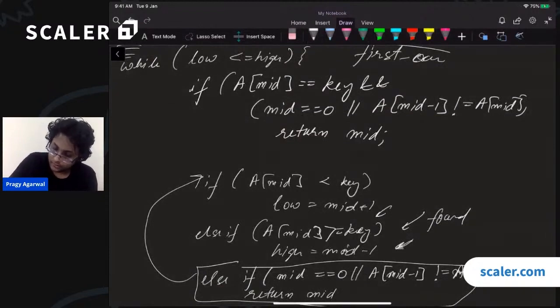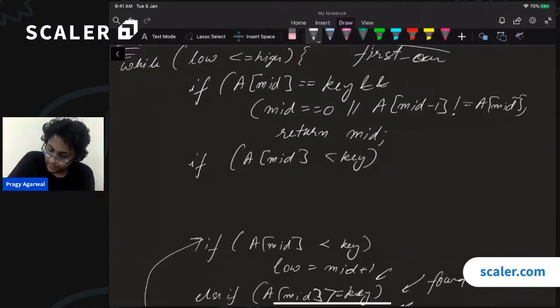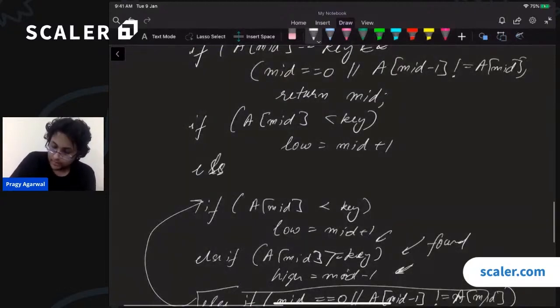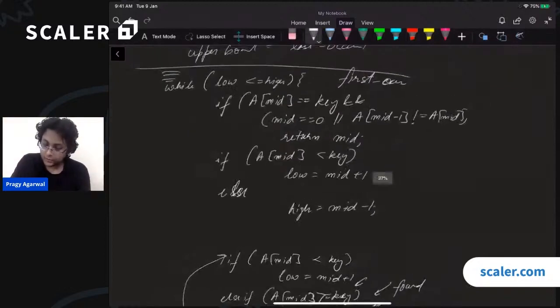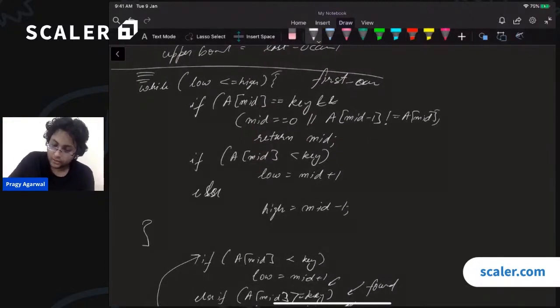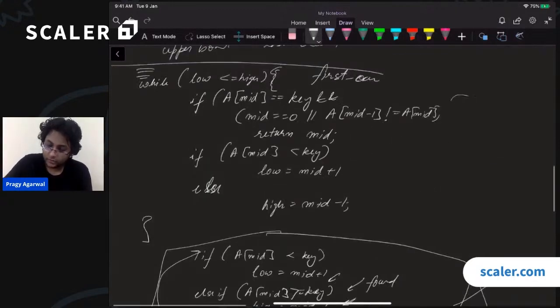Otherwise, if a of mid is less than the key, then I have to move up. So I can say low equals mid plus 1. Otherwise, else, I can simply say high equals mid minus 1. And this is what my correct code looks like now. This is what my correct while loop looks like now, and this is for the first occurrence. So the earlier code is incorrect, and this is the final correct code for the first